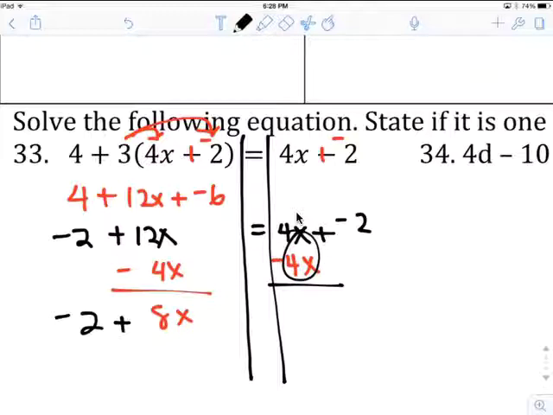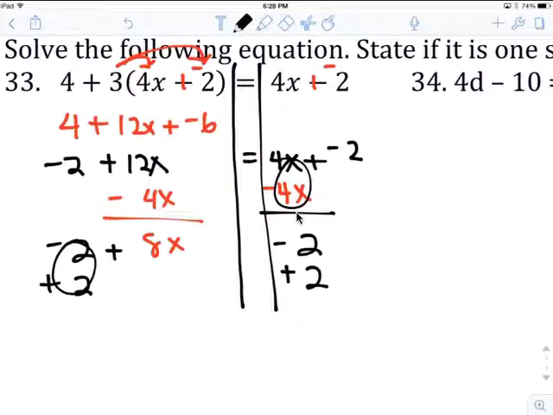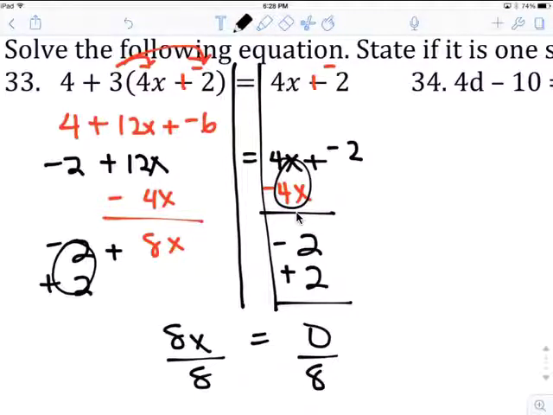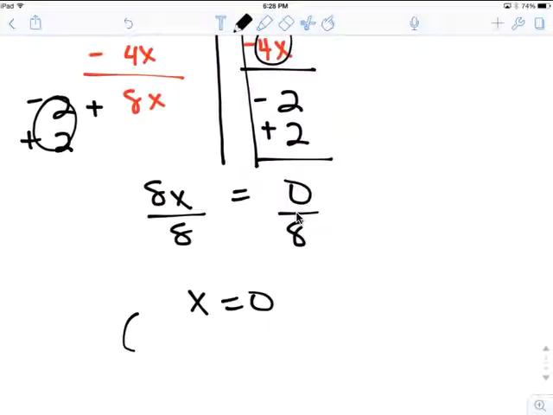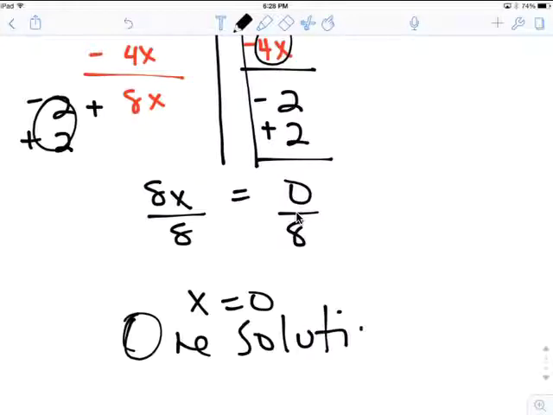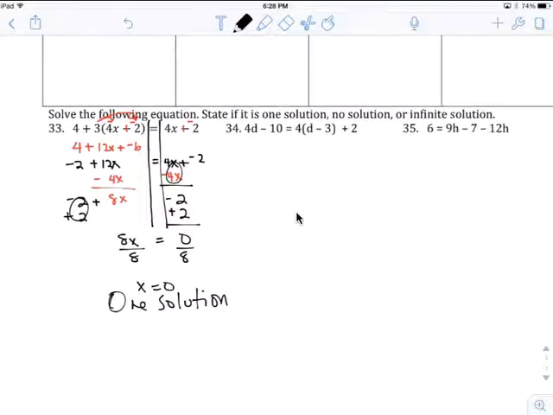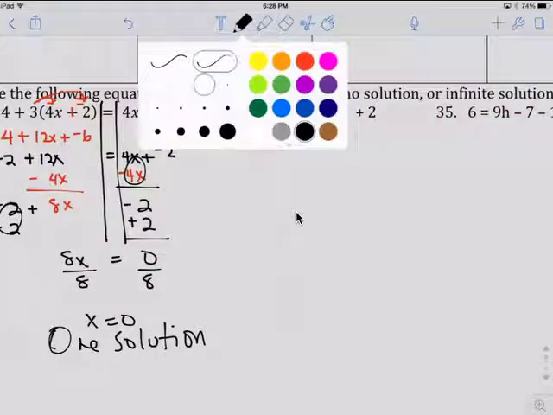This is 0 plus negative 2 is negative 2. Add 2 here to get rid of this to make 0. Therefore add 2 here. And that's 8x equals 0. This gets you 0. Divide by 8, divide by 8. X equals 0, 1 solution. Okay, there we go. And in 34 here, we get